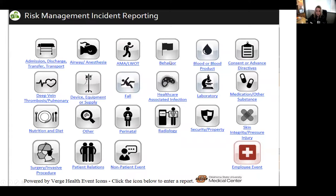And so you can see the various types of incidents. You may have a patient that has developed a pulmonary embolus in the hospital or a deep vein thrombosis. There could be device or equipment failures. Patients, family members, visitors may fall. So there are slip and fall incidents that can be reported, laboratory issues,